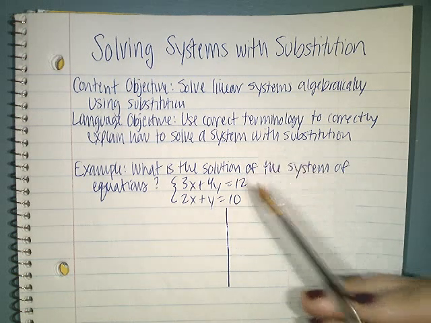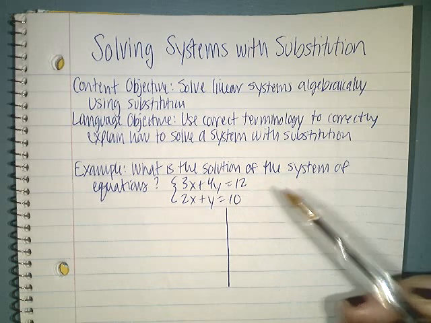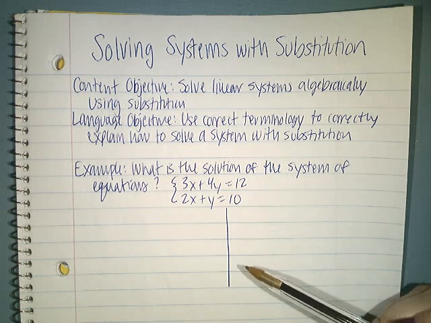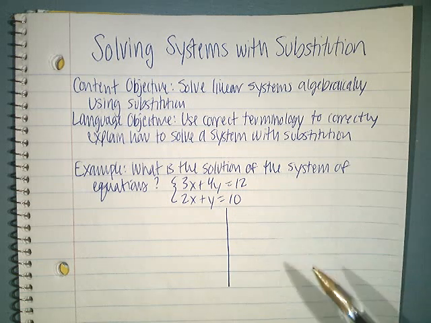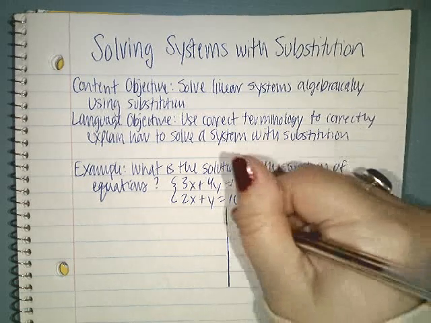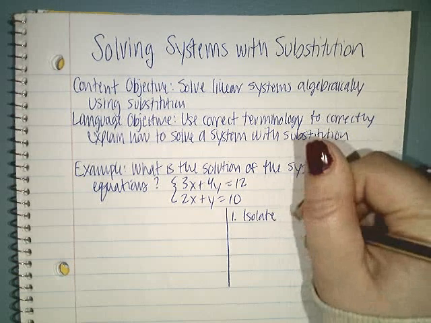Just a reminder, we're solving for the solution of a system, so we're solving for the point where these two lines intersect. So we're solving for the x and y value that will make both of these equations true, which is the solution of the system. So we're going to start when we're doing substitution by isolating one variable